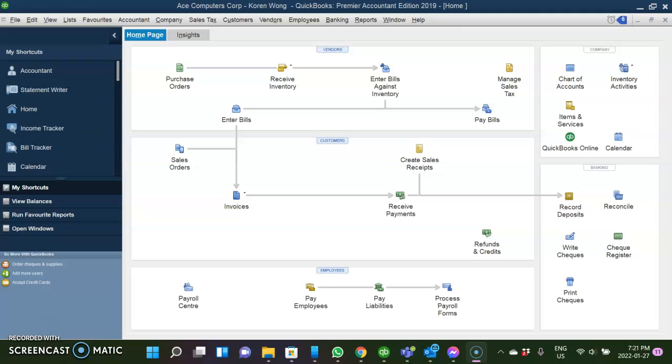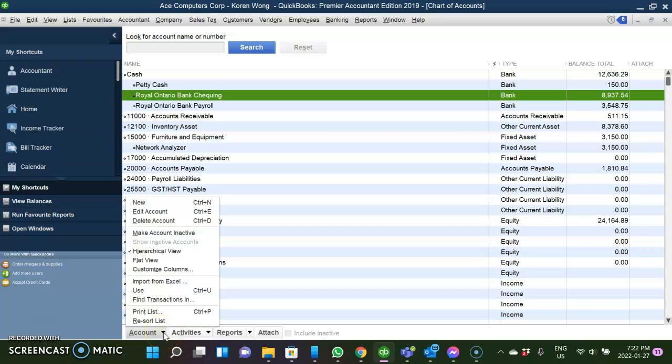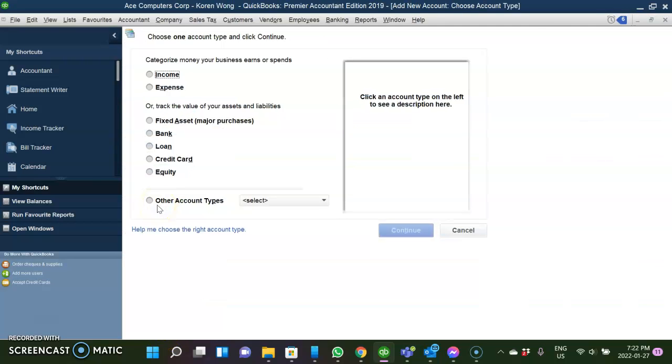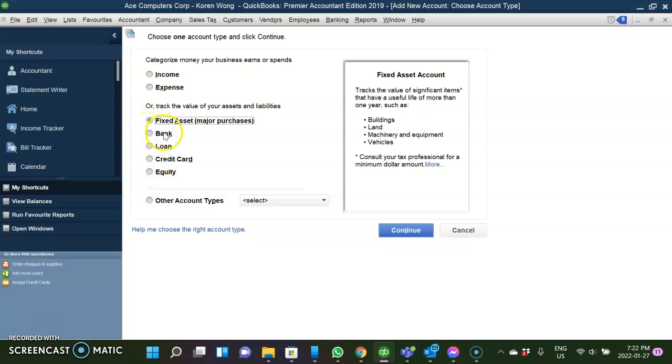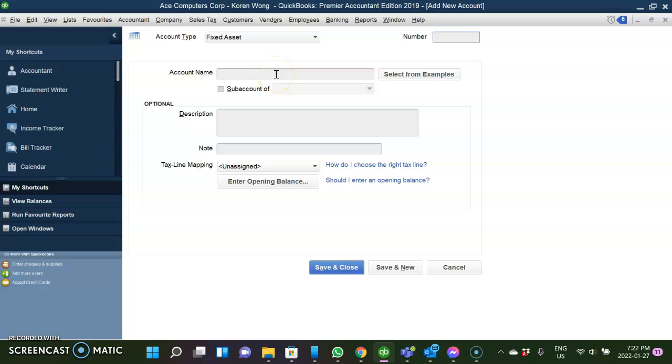Today I'm going to show you how to add an account onto your chart of accounts. How you would do that is first go back to company, chart of accounts. From there, go to account, new, and from over here, you're going to click fixed asset. Click continue. It's going to ask you for the account name. So this one is going to be Network